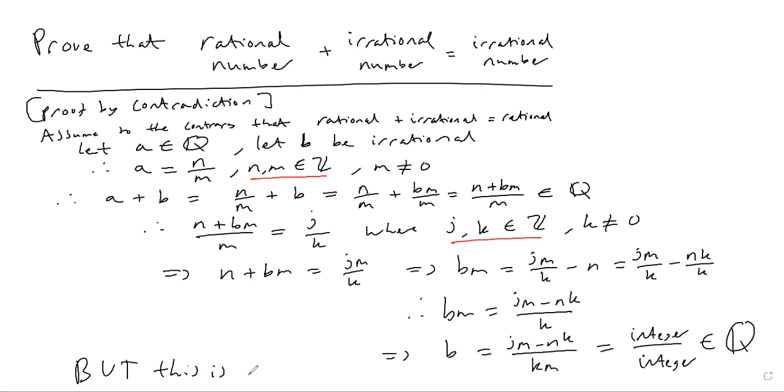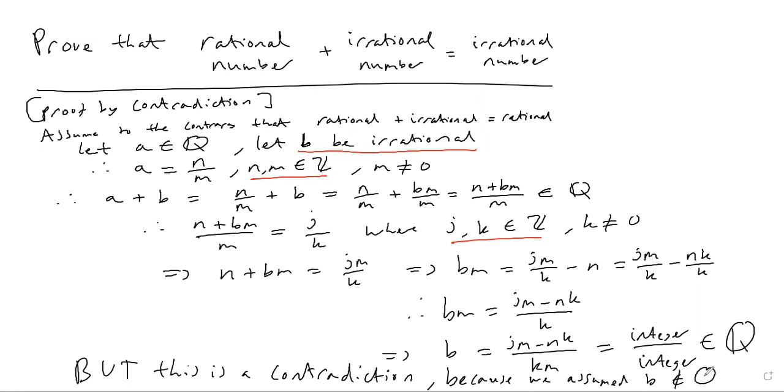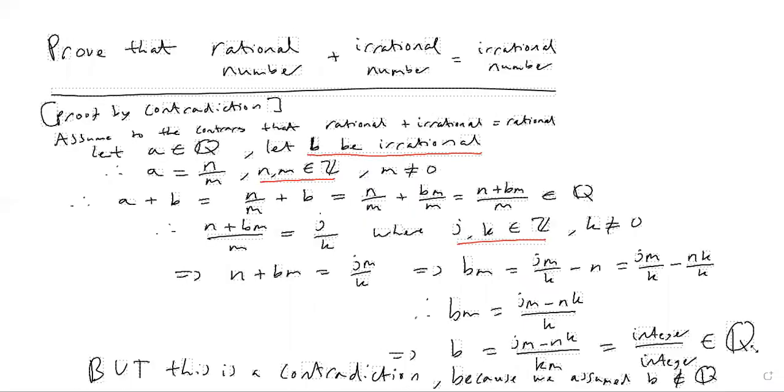And why is that a contradiction? Why does that contradict what we assumed? Well, we assumed at the start that B was irrational. We called B our irrational number, and yet we just concluded that B is rational. So let's write this clearly. This is because we assumed that B is not rational. So B is not in the rational numbers. So B is irrational. So therefore, we've proved that a rational number